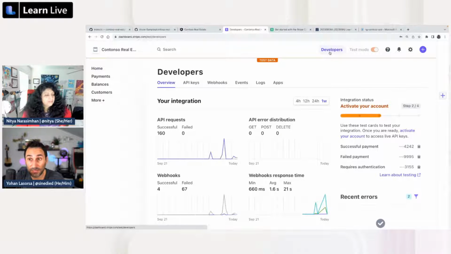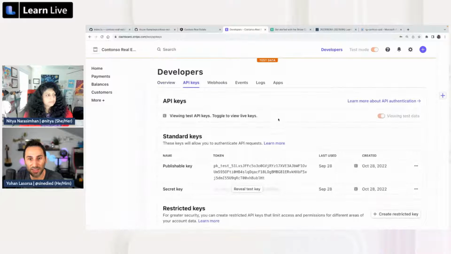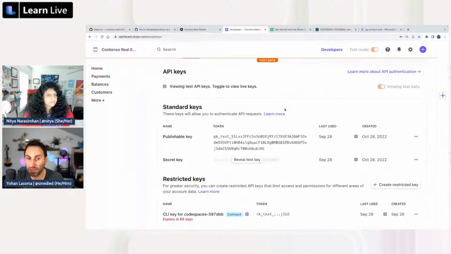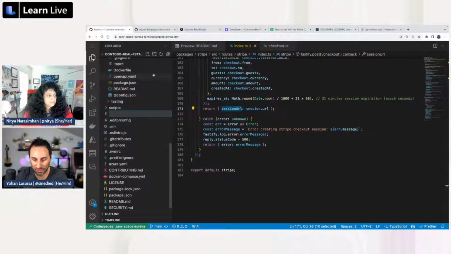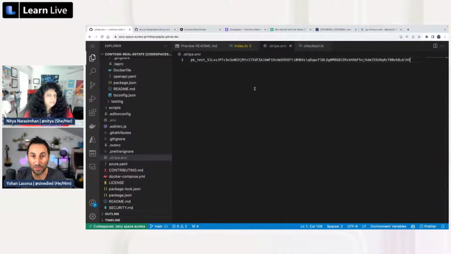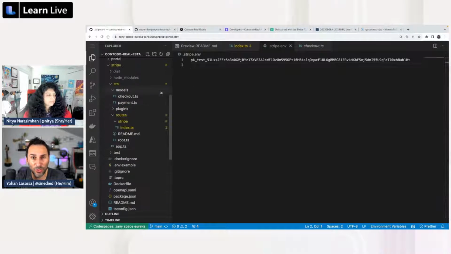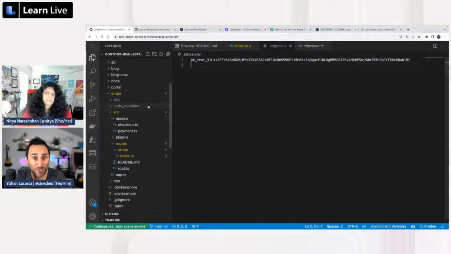Once you're there, you have to move to the developer tab and move on to the API keys, because we need the API keys to be able to communicate with Stripe. So the first key we need is this public key. Just clicking it will copy it for me. And if I want to test everything locally, I need to create a new file in my codespace at the root, called .stripe.env. I just paste that,